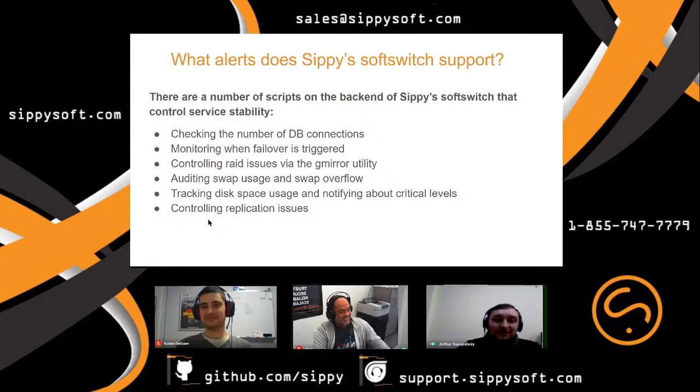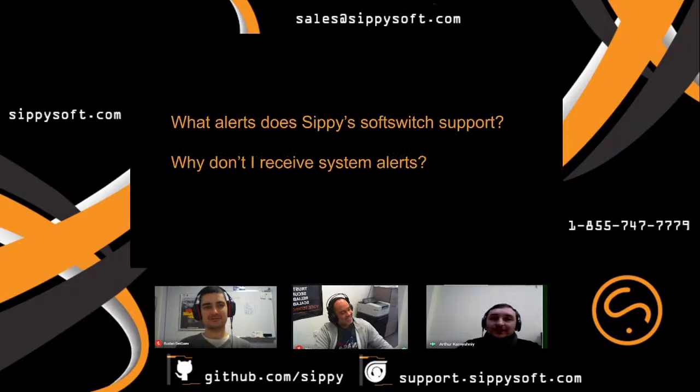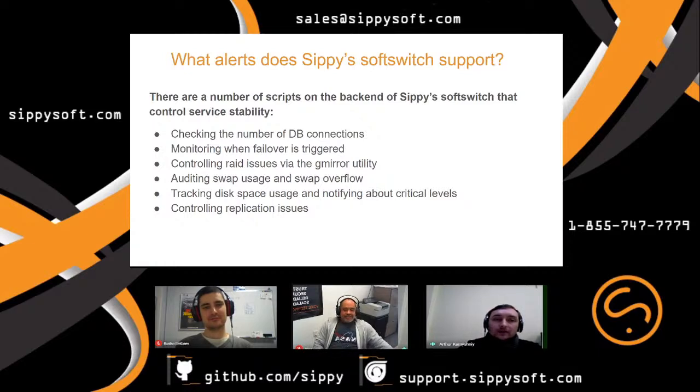Next topic: what alerts does CP soft switch support? There are a number of system alerts on the back end of the CP soft switch which are not visible to switch operators via the web interface, but might be useful for self-hosted customers.